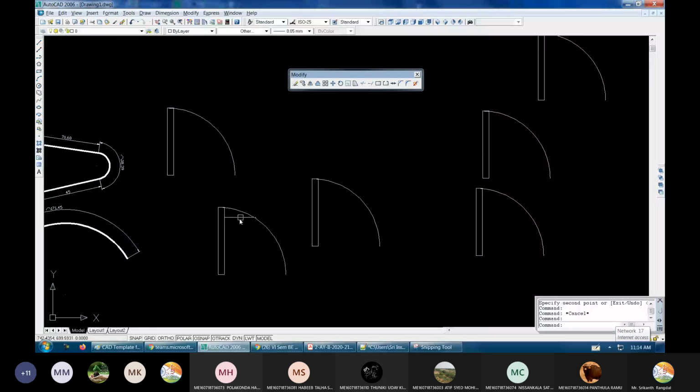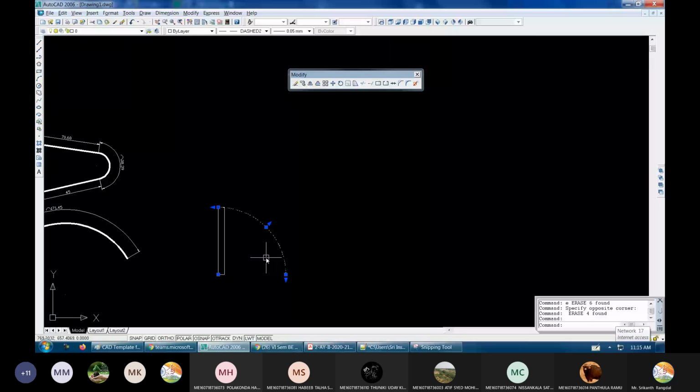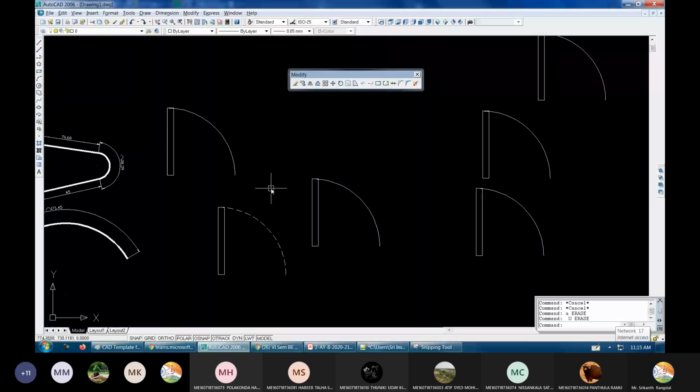Now this I have to change at all the places, right? Right now there are only 6 places, so maybe I can do it. Suppose there are 100 to 200 different places, then this change has to reflect at all these places, right? So this becomes very, very difficult, and very painful to do it like that. That's the reason the block command was introduced.